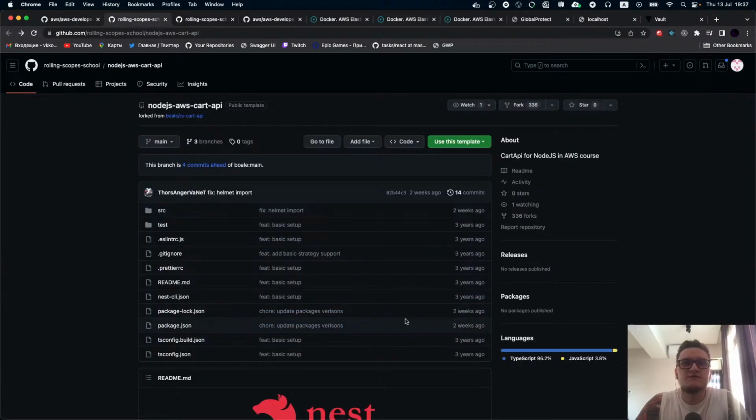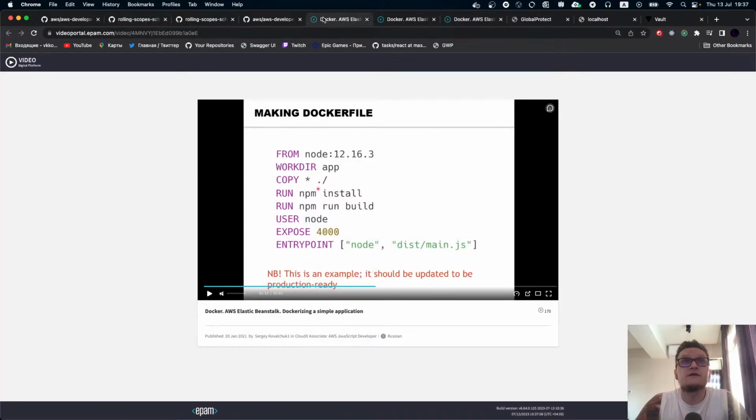Updated some packages versions 2 weeks ago. So try to run on 12, maybe you can use 16 node, it will run also. So we create our Docker container with node 12.